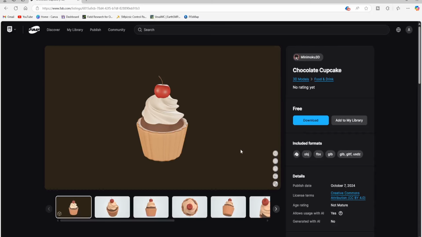So I bought it and I was going to add it to a project, and I realized I didn't have the correct engine version. It was for 5.4 to 5.5, and I was using 5.1. What was great is that if you add it to your library, you can go back in and add it to a project. But obviously, if it's not within that scope, 5.4 to 5.5, it will just cancel it and say you can't